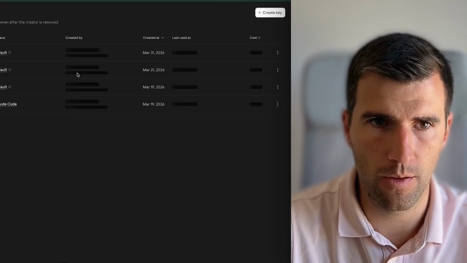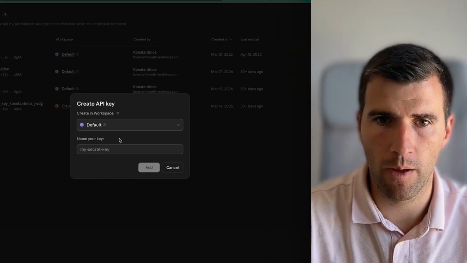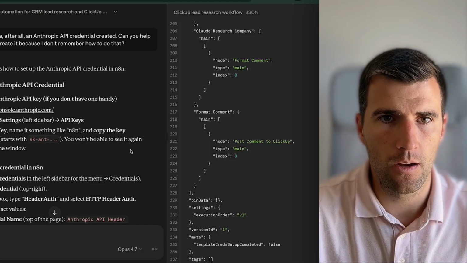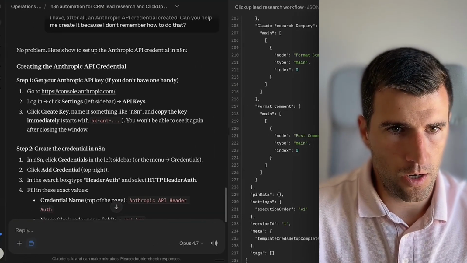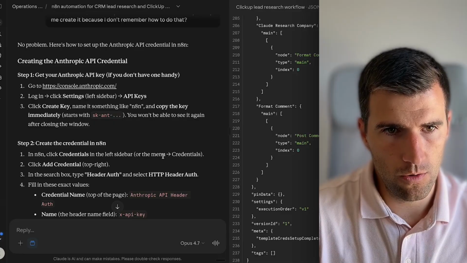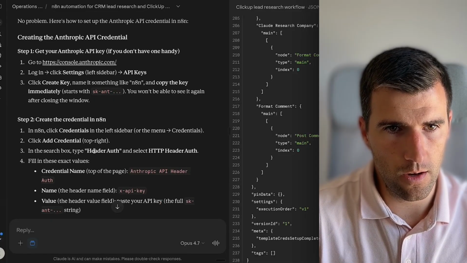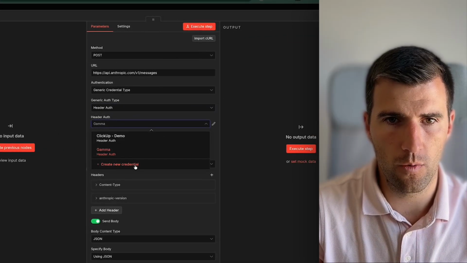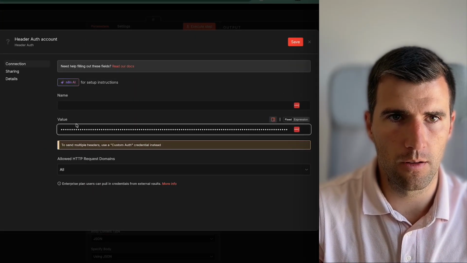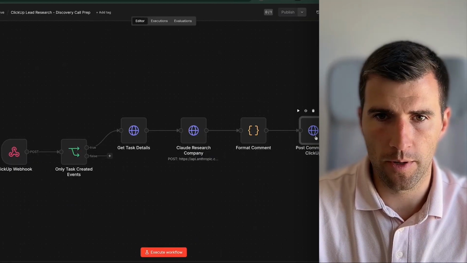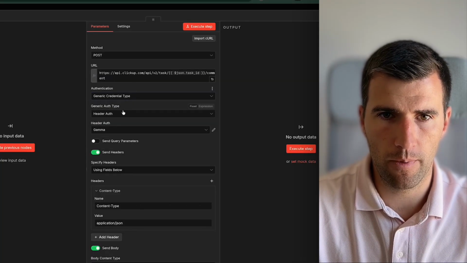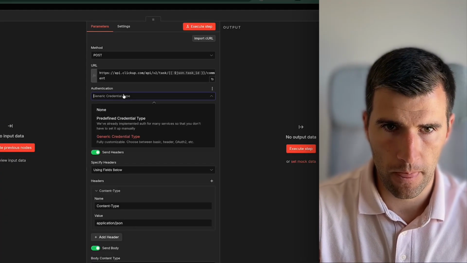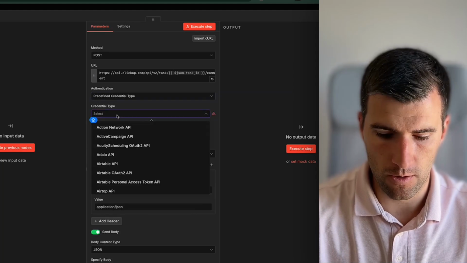Get API key, I think they changed that. So create Paperclip API, demo. I copy the API, I go here, create a credential, go to credentials, header auth. This is gonna be create new, so save and post comment to ClickUp. I'm not sure if ClickUp will work because I've changed the API, so maybe I ruined it myself, but we'll figure it out. So ClickUp